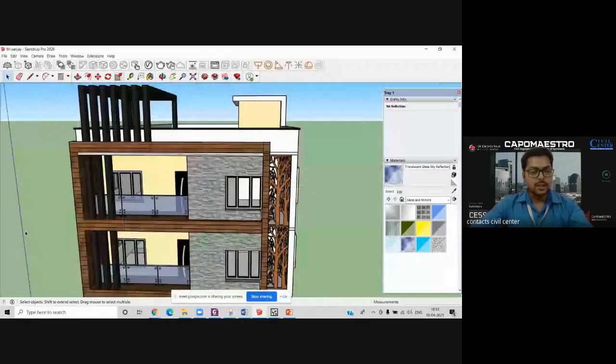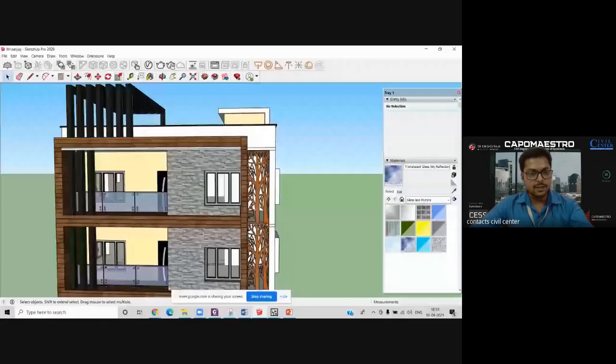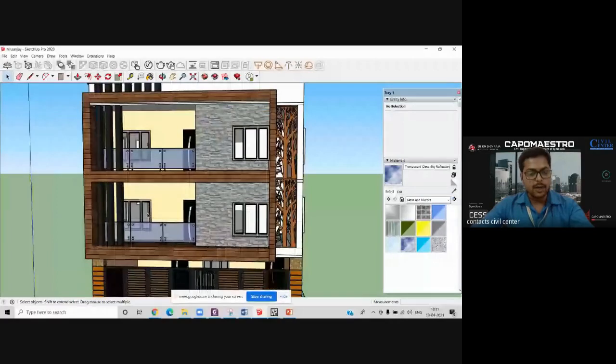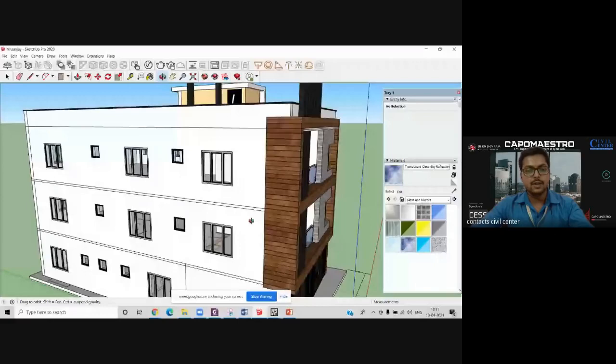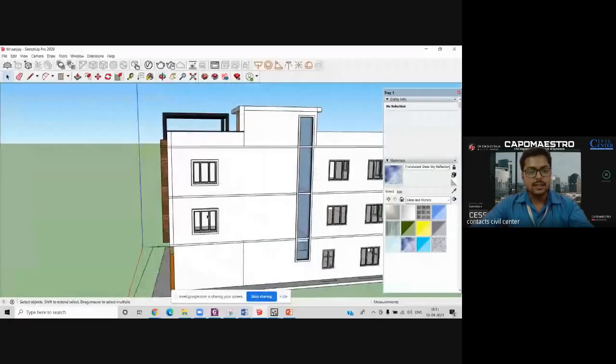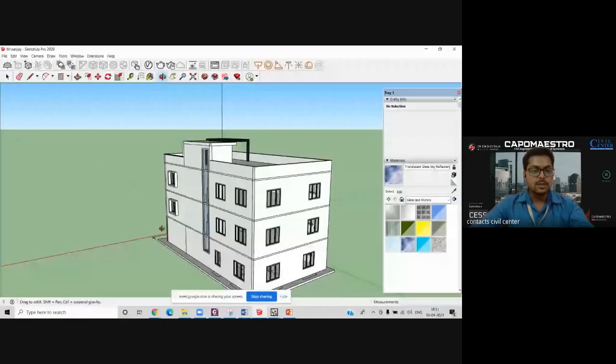Now, these two glasses were replicas of each other, and beforehand they were components. So there are two important terms, groups and components. Now that I have changed this glass, it will be changed automatically wherever this component has been used. But the glasses in the windows are different, so these glasses have not been changed. Like, see, we have used this glass.